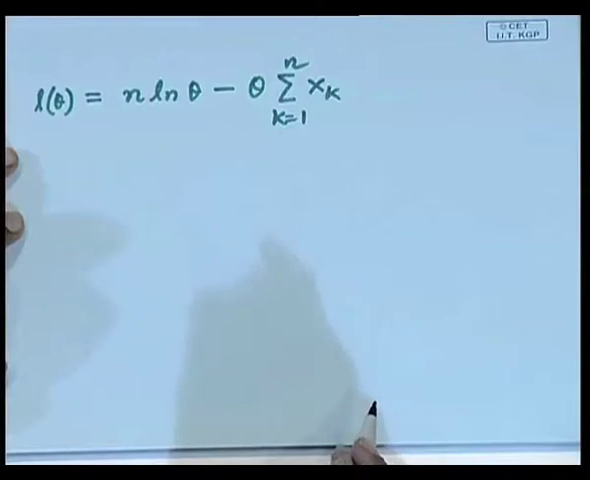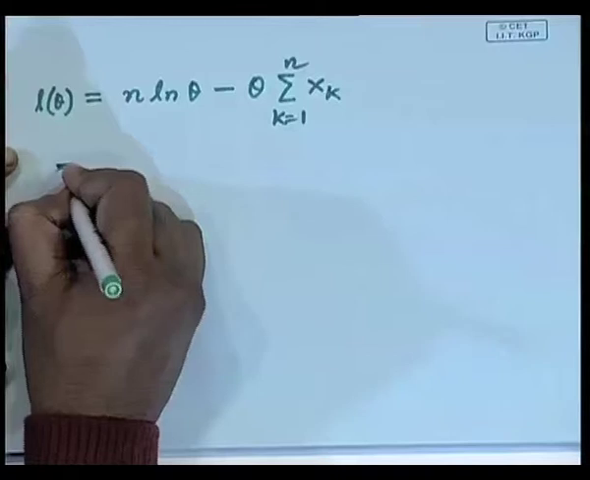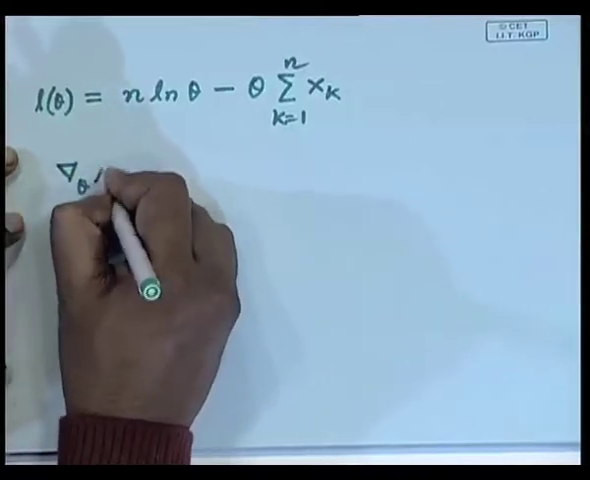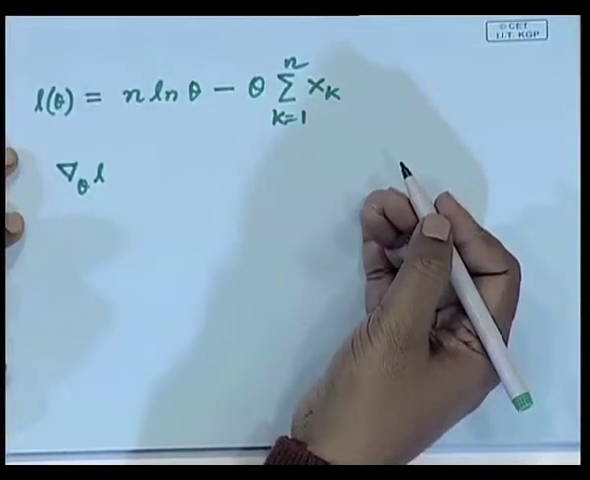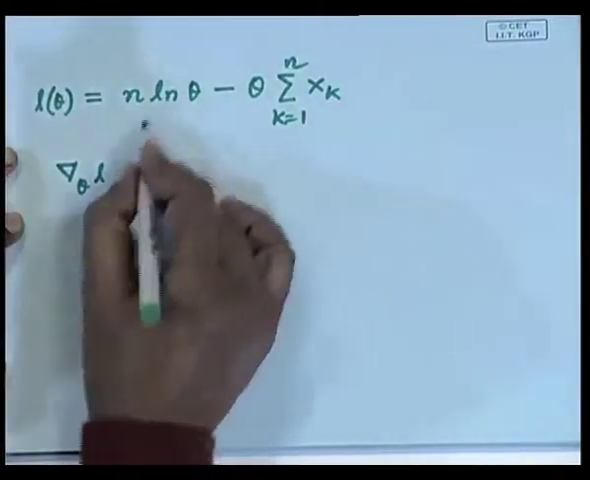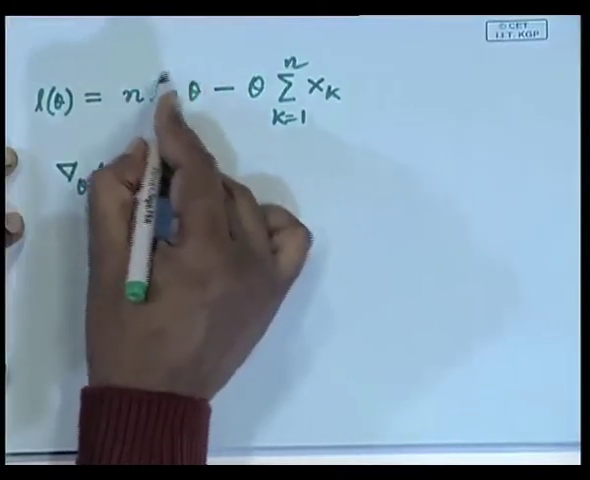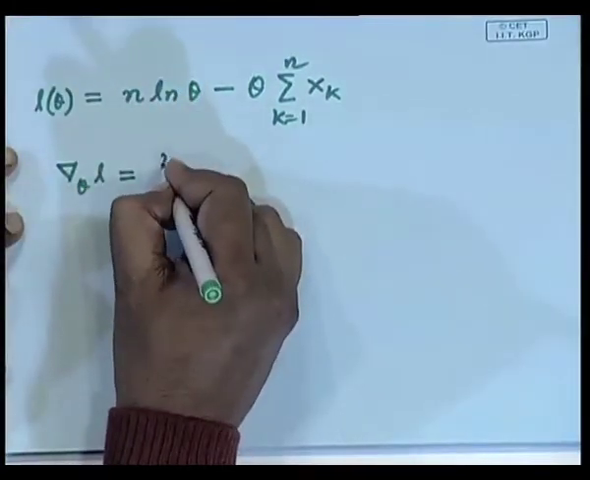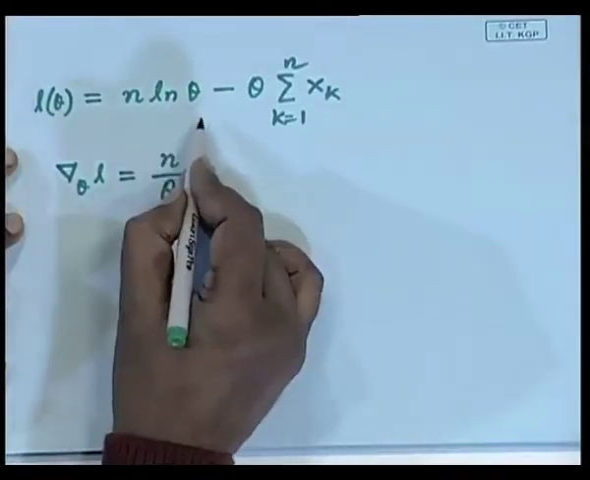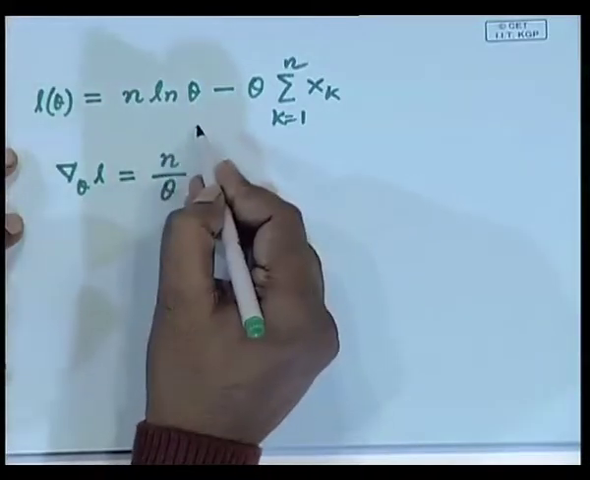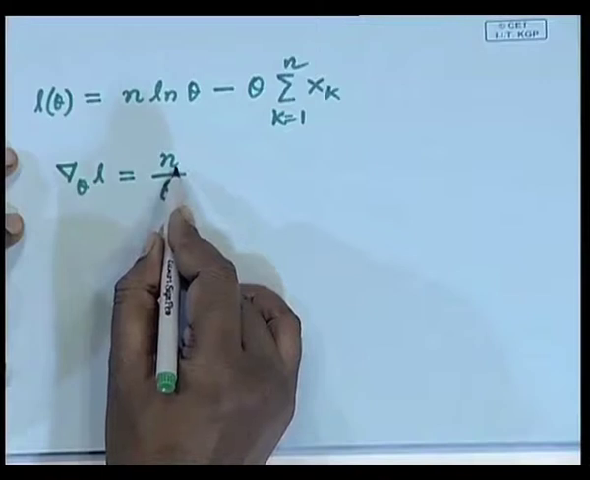Next, what I have to do is take the gradient of this. So, I have to find out the gradient of L and equate that to 0. So, if I take the gradient of L, what do I get? Gradient of this term with respect to theta is nothing but n by theta, because it is log of theta. If I differentiate this with respect to theta, I get 1 upon theta. So, this is simply n by theta